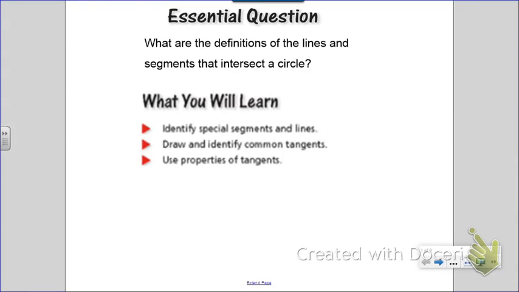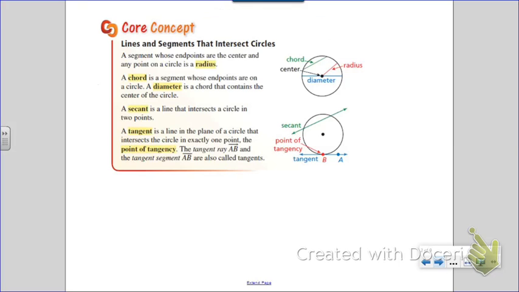Today's lesson is on circles. We'll be introducing types of segments and lines, and types of common tangents and basic properties of tangents in circles. The types of lines and segments that are inside or outside or intersect the circle are the radius, which goes